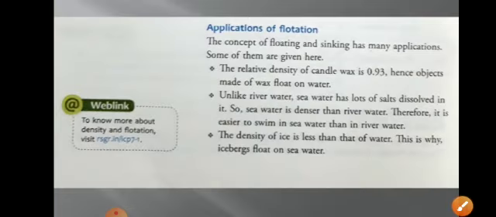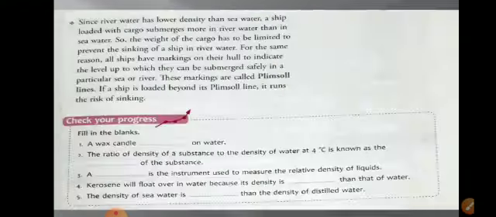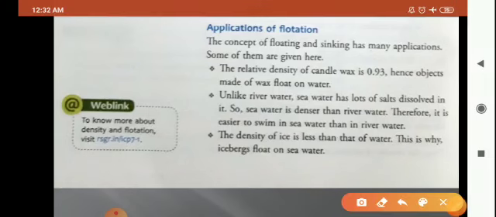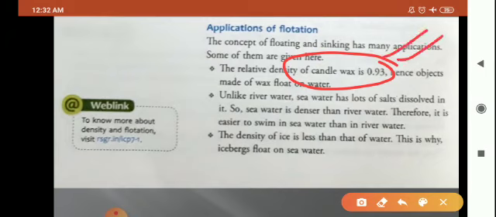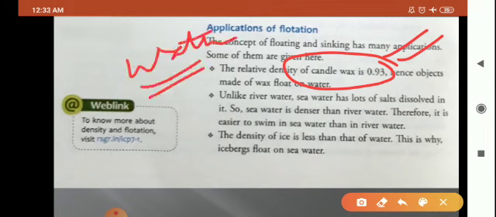Now coming to applications of flotation, you can see many applications are given here. The relative density of candle wax is 0.93 and hence the object made of wax floats on water. Yes or no? Since the relative density of the candle wax is 0.93, which is less than the density of the water,